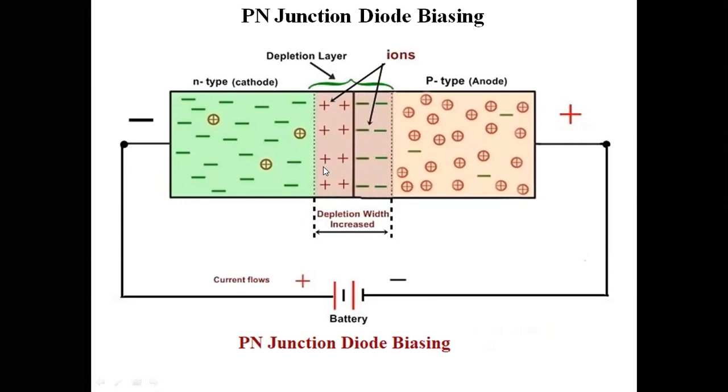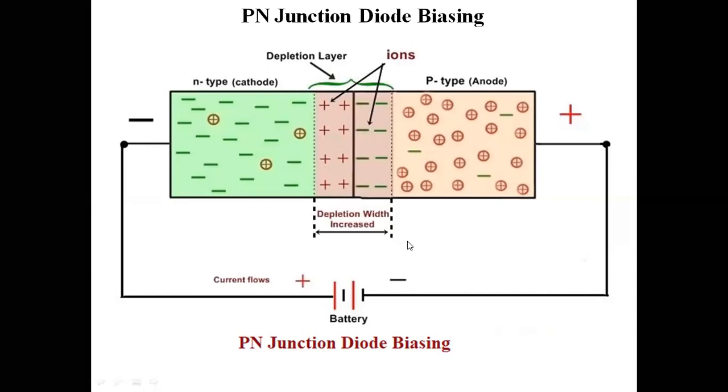very small, due to the breakdown of the charge carriers. What is that breakdown? We will see. Due to the breakdown of the charge carriers, a very small amount of current flows, in the range of microamperes. Here the depletion region is very wide, therefore the resistance is maximum. The resistance is maximum, so the flow of current is very low, almost equal to zero, in the reverse bias direction.